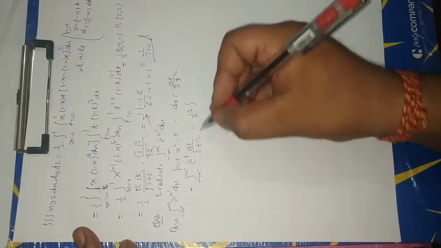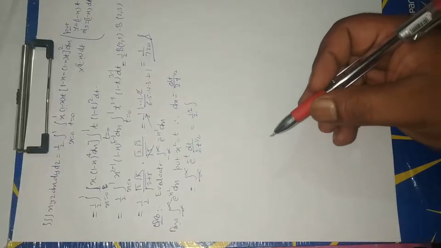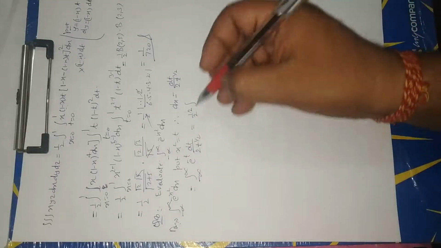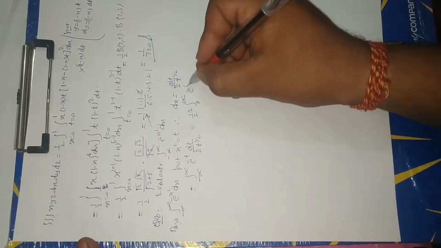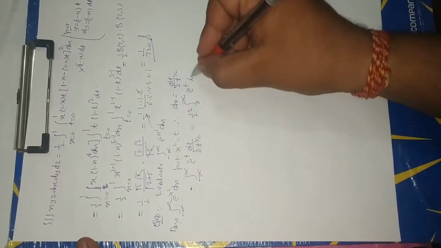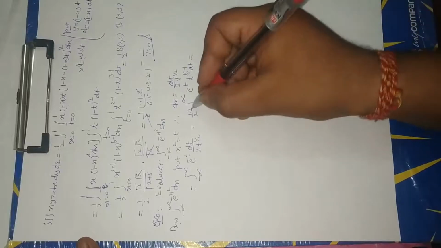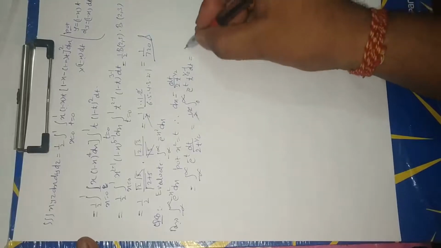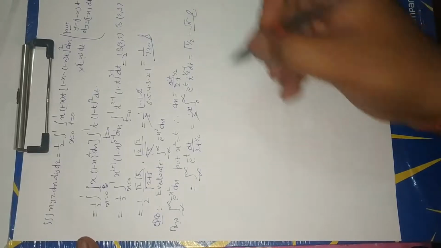Now we use the definite integration property. Now limit 0 to infinity e to the power minus t, t to the power minus half, that is t to the power half minus 1 dt. This is equal to 2 cancels by this, gamma half is equal to under root pi.